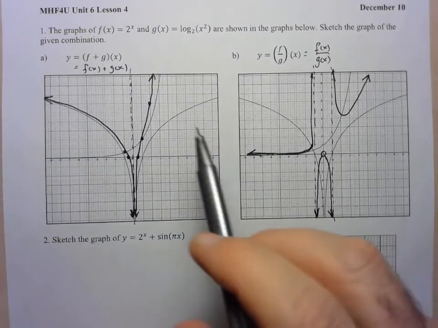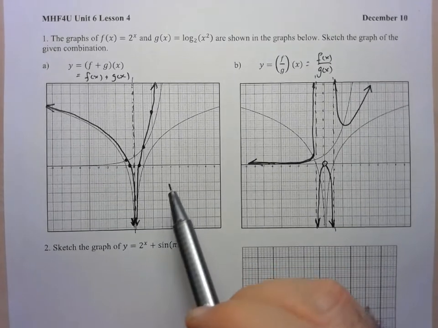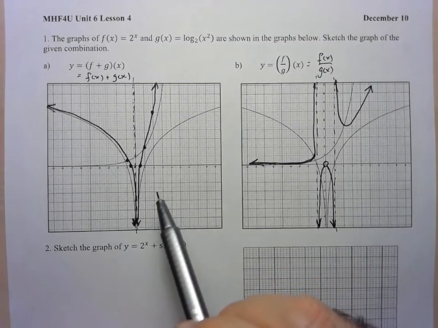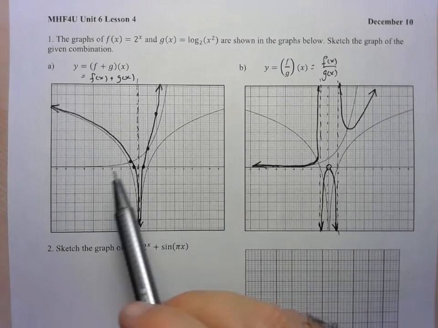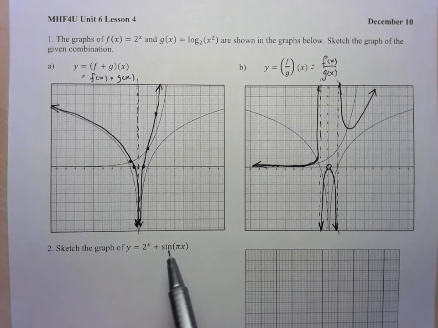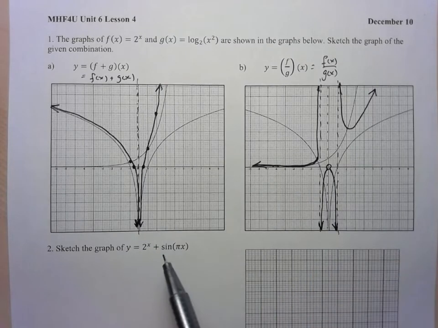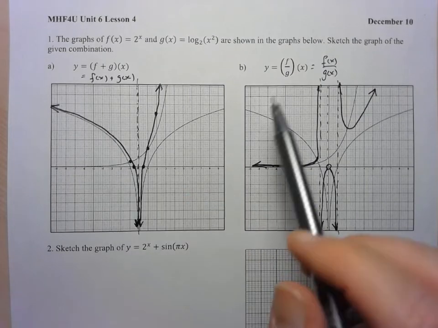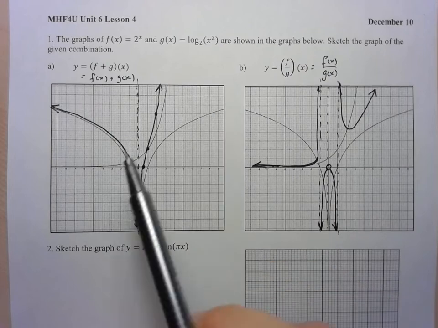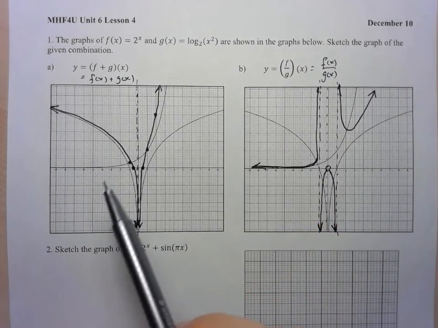So let's go back and see if we can find a bit of an algorithm here. And the algorithm, like I said, is very similar to what we did with rational functions. Step number 1, determine what domain you're working with. Step number 2, try to find any x-intercepts. Okay, so for an addition, it's when the y values are negatives of each other. For a division, the numerator has to be equal to 0. For a multiplication, either one of them is equal to 0. So depending on what